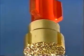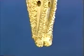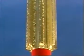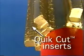Other mills include the cone buster, used for milling up rock bit cones. The taper mill, used to dress liner tops and clean out tight spots in casings. And the pilot mill, designed to mill casing, liners, rotary shoes, and large ID tubing. Additionally, Weatherford systems now feature advanced quick-cut technology. This alternative incorporates innovative square-cut tungsten carbide inserts, which improve chip control and maximize casing penetration. The advantages are faster, more efficient milling performance,